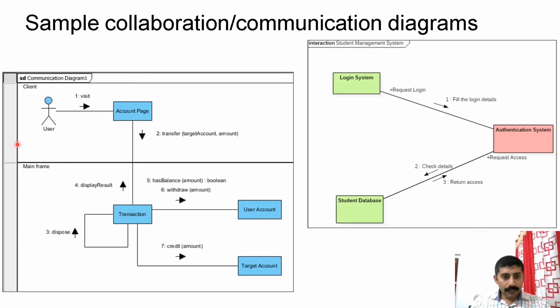In this particular example, the operation is nothing but transferring some amount to one person's account. In this communication diagram, you can see two partitions. This is nothing but the concept of grouping the elements. I mentioned that swimlane concept, so that is used in the example. So here you can see the operation. This example is nothing but a student management system. A student is logging into the student management system. You can see the numbered requests, and this interaction is modeled in these two diagrams.